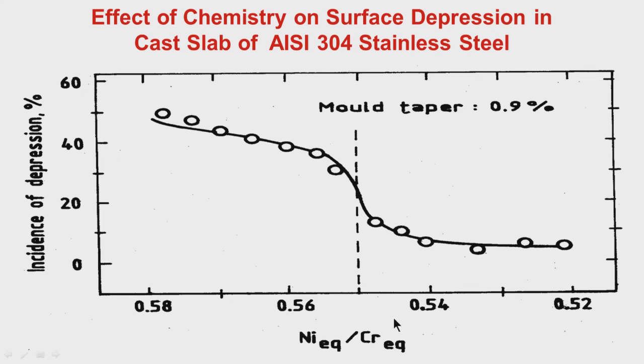I have discussed this earlier. So, if you can adjust the nickel equivalent by chromium equivalent to a slightly lower value, say 0.54, 0.53, 0.52, then you can get much less depression. Why is this happening? Because, as I have talked about, there is a delta to gamma transformation for these types of chemistry, whether it is around 0.1% carbon grade or AISI 304 stainless steel. It takes place around the solidification completion temperature, and I have told you that the solidification end region, say from 0.9